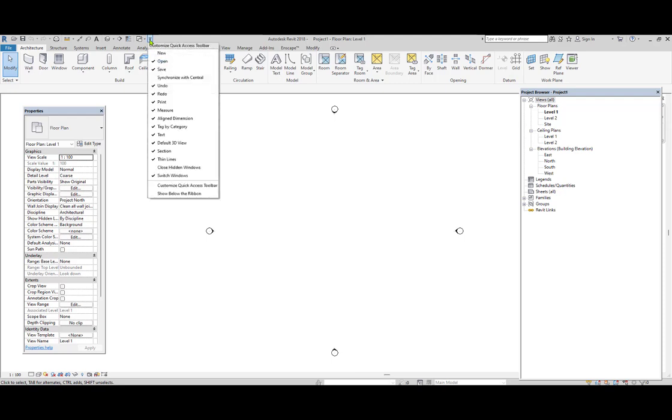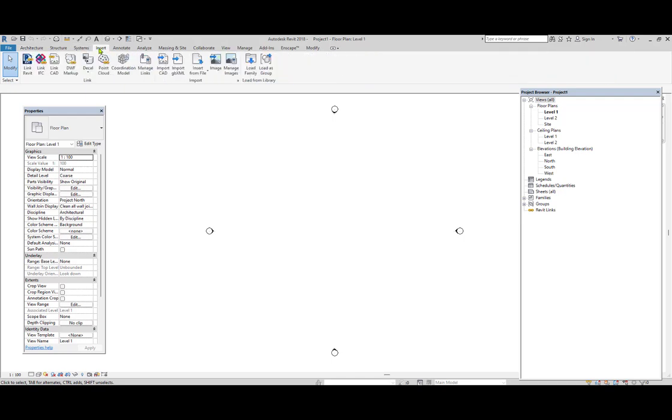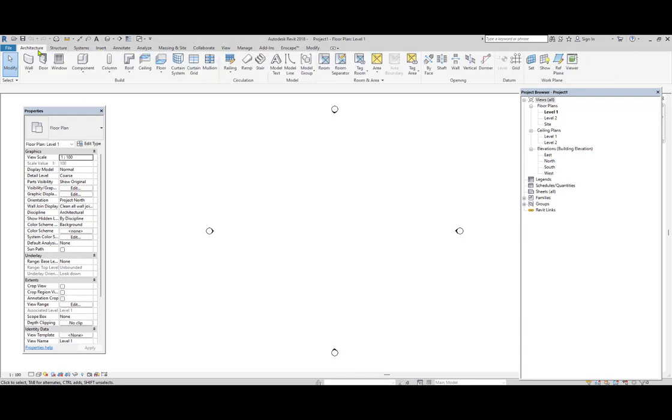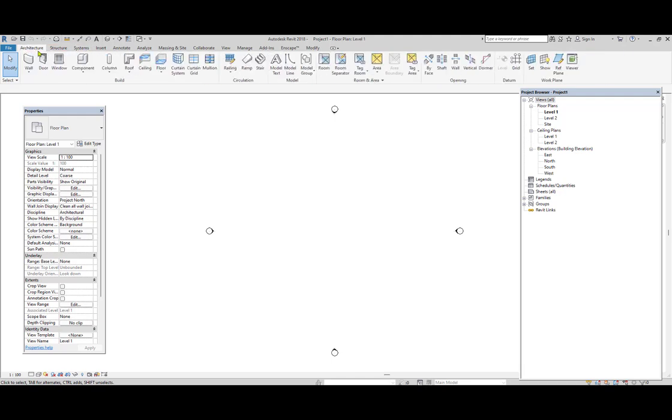Whatever the content you want to keep, then you can click on. Then next, after that, here we have a menu bar, that is architecture, structure, systems, insert and other options. As I already told you, in a single software we can do 3 modes of projects, that is architecture mode, structure mode and then MEP mode. So now we are doing the project in architectural mode, so that's why you should click on the architectural mode.